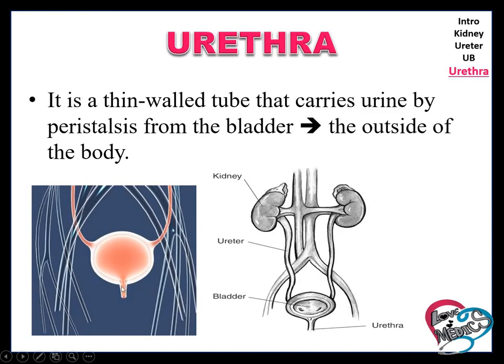Urethra. It is a thin-walled tube. The ureter is the thick-walled tube. This one is the thin-walled tube that carries the urine from the bladder to outside of the body. The ureter carries the urine from the kidney to the urinary bladder. Here, the urine moves from the bladder to outside of the body